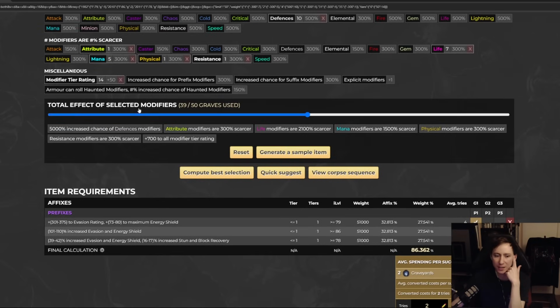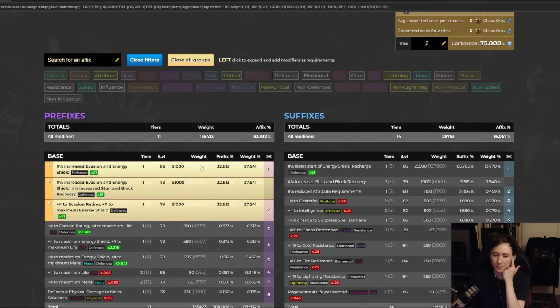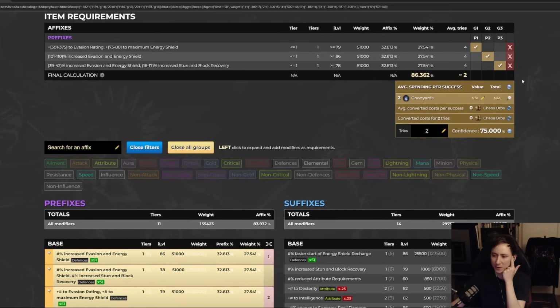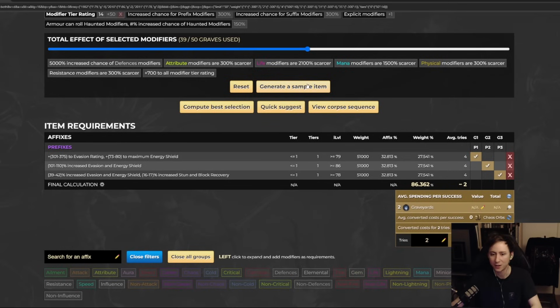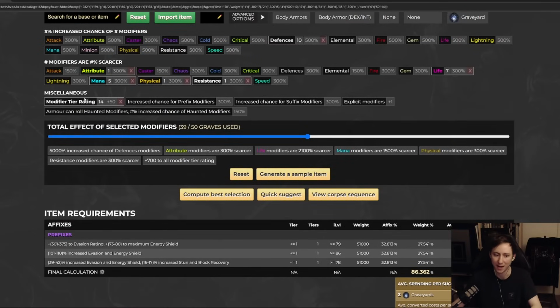That is all you really need to know about Craft of Exile and how to plan your crafts. So all you do is you essentially select the modifiers that you want here first, and then you want to put them on different tier groups, and then you compute best selection, and at that point you will drag the slider back X amount of crafts to then also min-max the amount of explicit modifiers as well as the tier rating on them too. But the next step is where it gets really interesting,